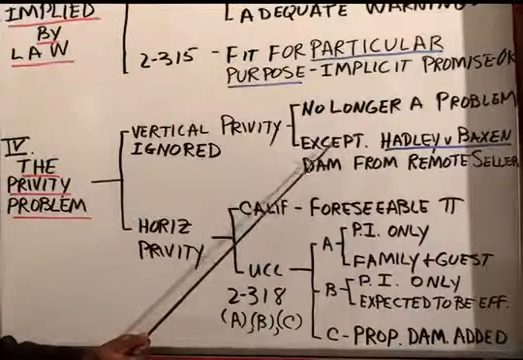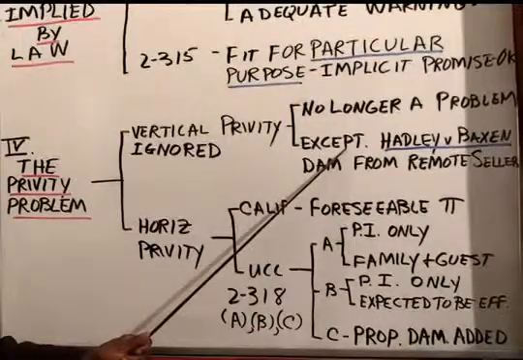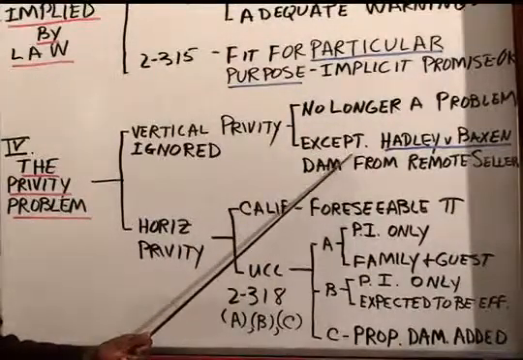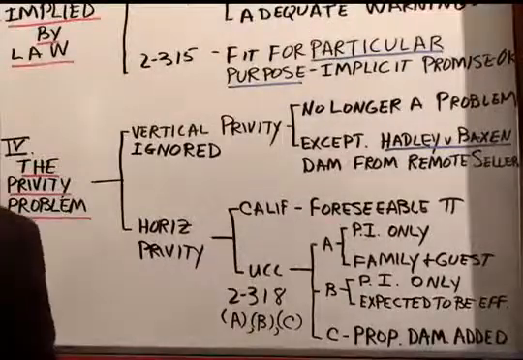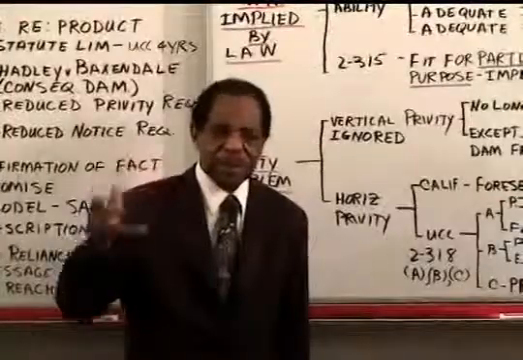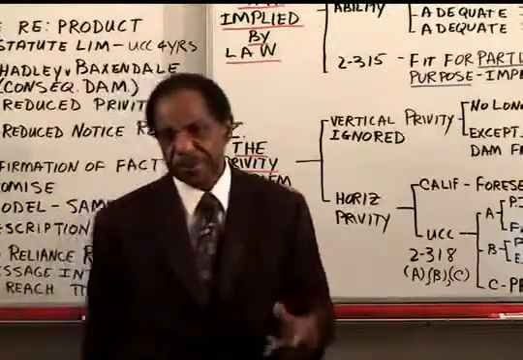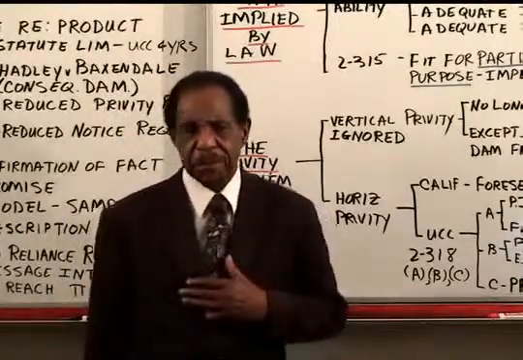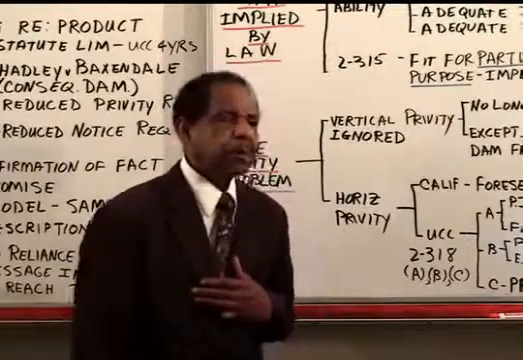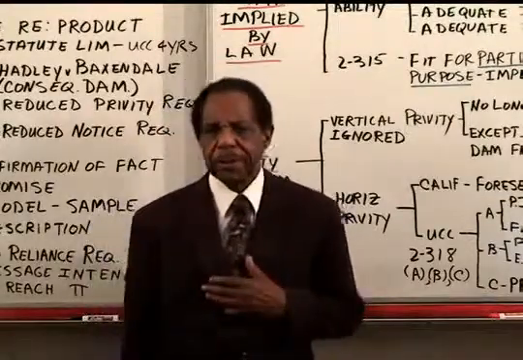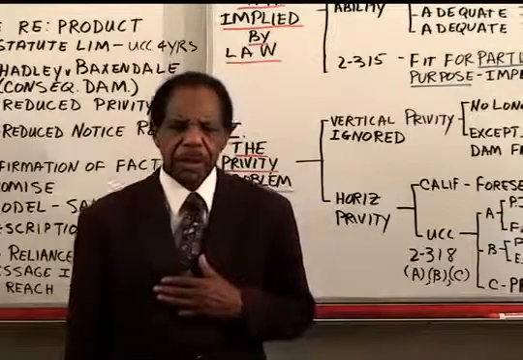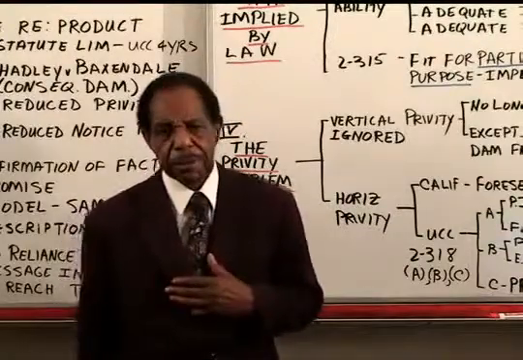However, you do have a vertical privity problem if you're going to try to make the person further up the chain of distribution responsible for some Hadley versus Baxendale or consequential damages. For example, I told the person that I bought the lawnmower from that